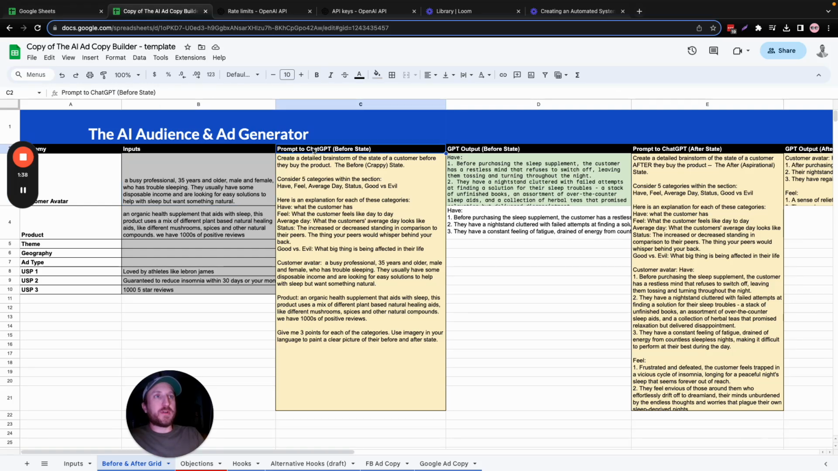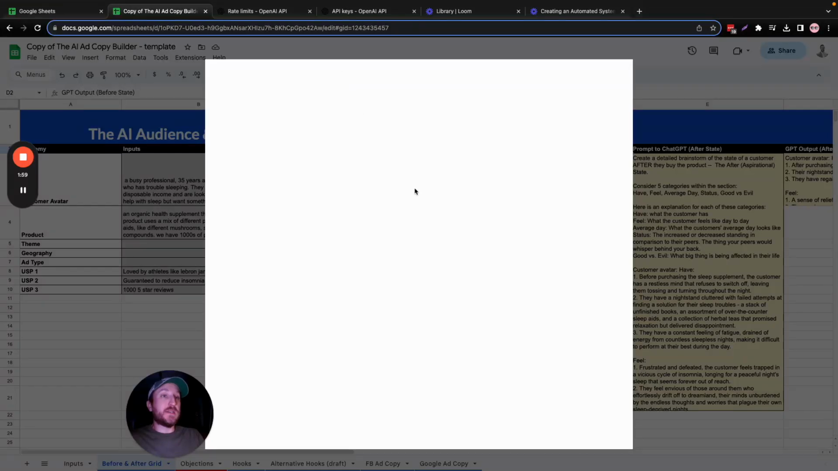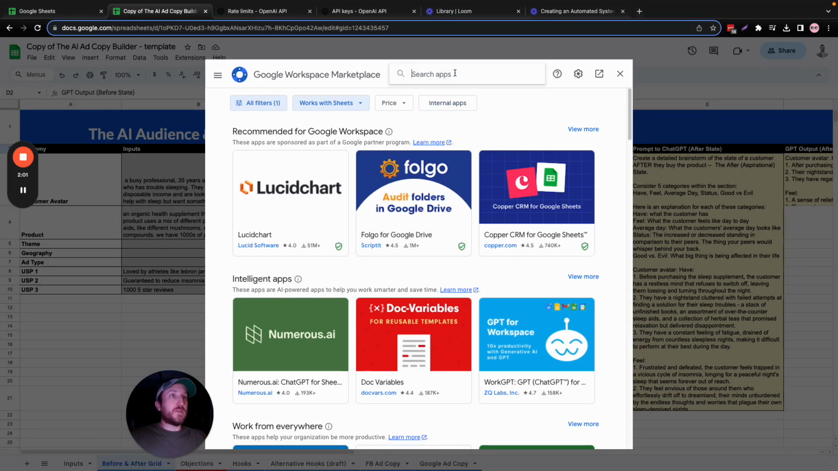Then you're going to want to have other columns for your prompts and then your outputs. And usually there's just going to be two. In this case, there's an extra one here. So before you do all that though, if you don't have ChatGPT integrated with Google Sheets, the first thing you're going to do is go into your extensions, go to add-ons, and you're going to search for it. You're going to go to get add-ons like this, and you're going to search for